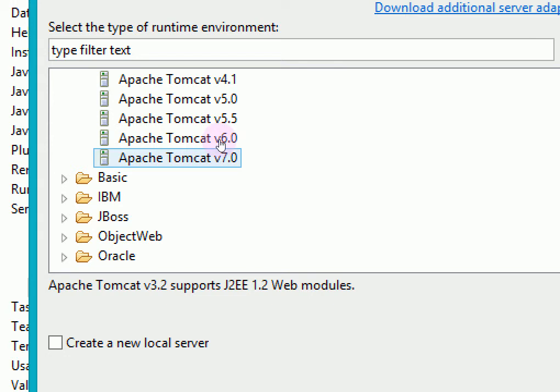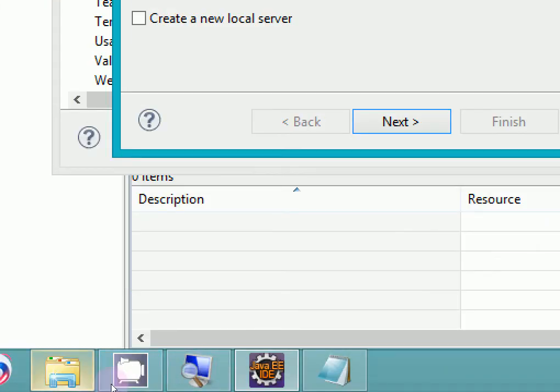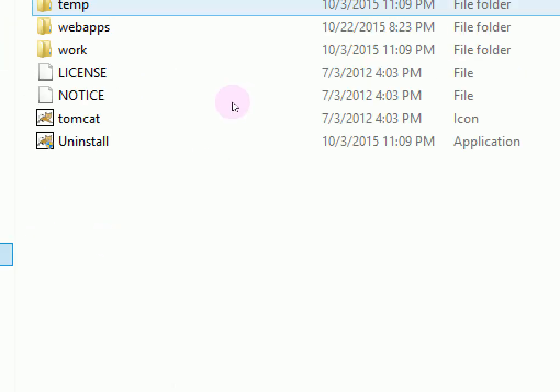version 7.0. Before choosing it, I am saying that I am already having Apache Tomcat server in my system with the version 7.0. So let's check where I am having it. Okay, go to my C drive, then